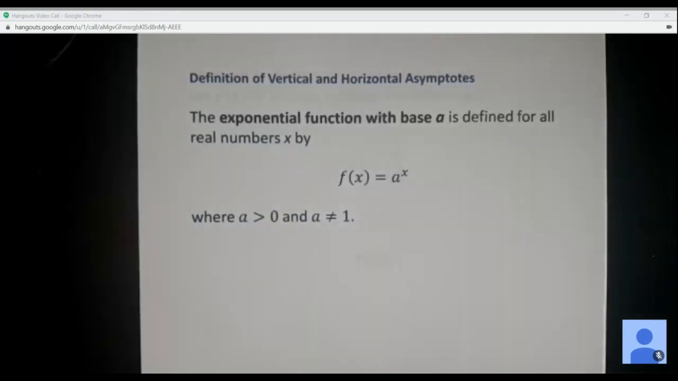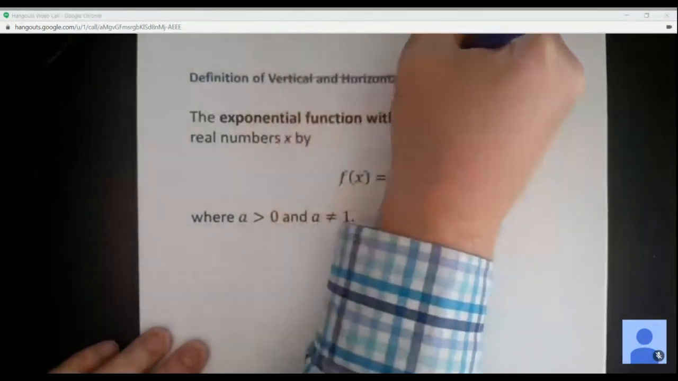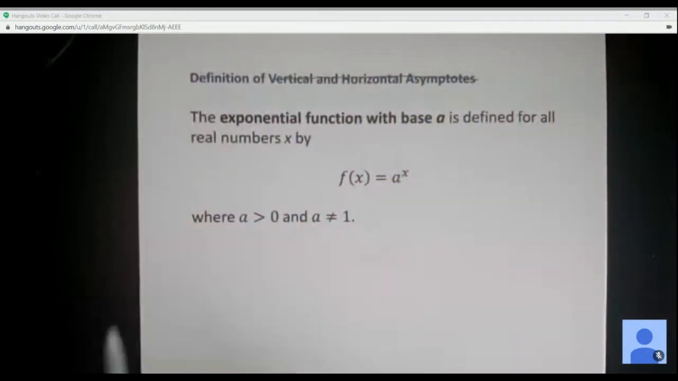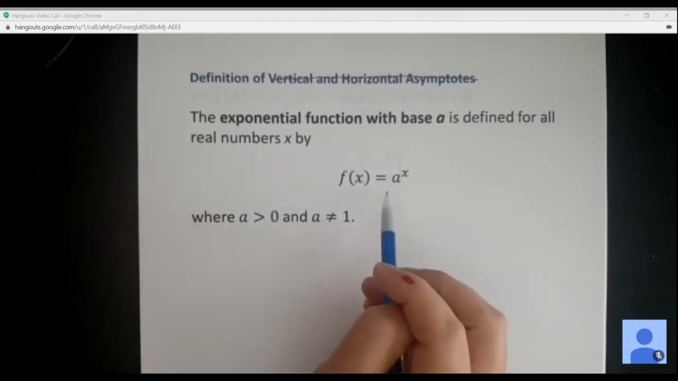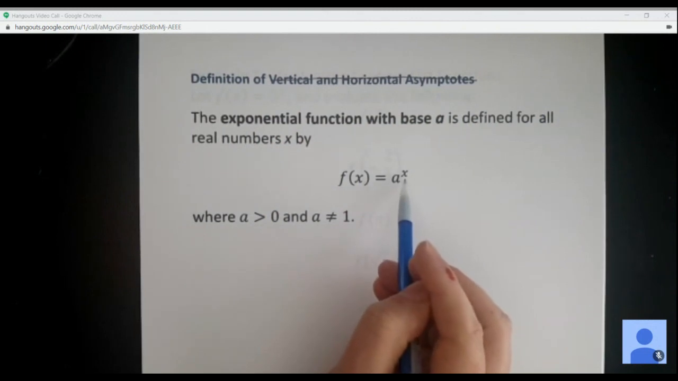Okay, so the definition of exponential functions here. Sorry, I copied this from another slide. Okay, so this is the definition of an exponential function. An exponential function with a base a is defined for all real numbers x by this function here. So this a is going to represent some real number, and the x is going to be the variable. So we're raising some number to the x power. Right? So that's the key: the x has to be in the exponent, and the base is going to